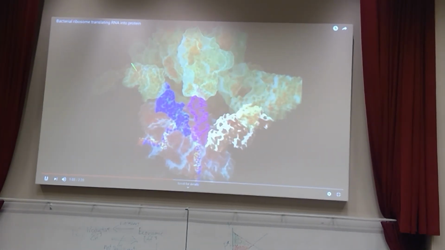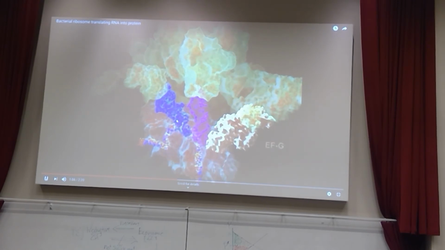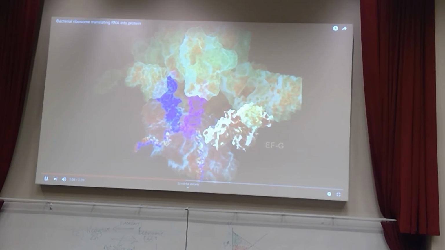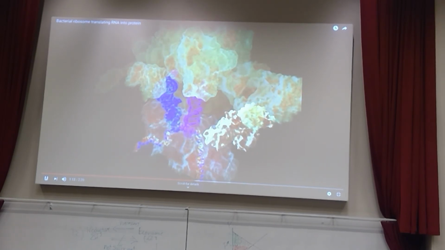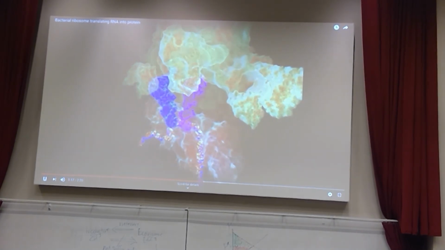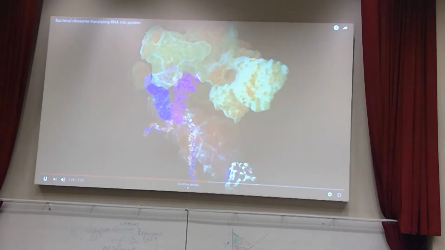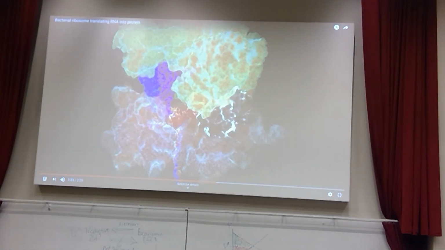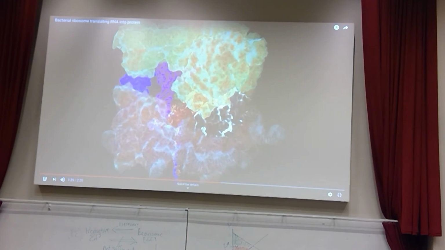Once it does that, it shifts that tRNA leaving group over towards the E site. Elongation factor G comes in, hydrolyzes GTP, pushes everything over, and now elongation factor G will leave, and we're ready to start the next cycle of elongation. tRNA leaves from the E site,